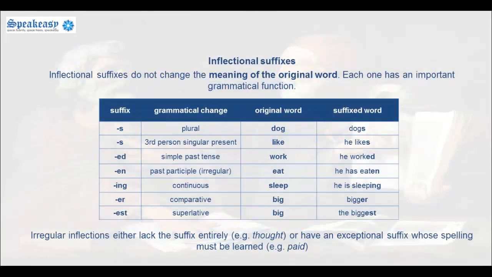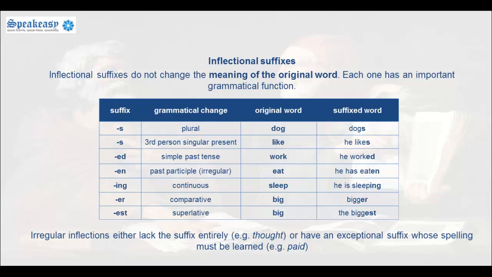Inflectional suffixes do not change the meaning of the original word. Each one has an important grammatical function. Let's take a look at the table. So when S is added to a word, it can either signify that the word is being pluralized, for example, dog and dogs. It is also used for the third person singular in the present tense, such as with the